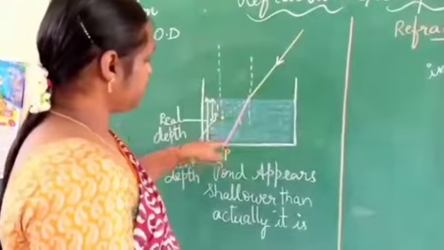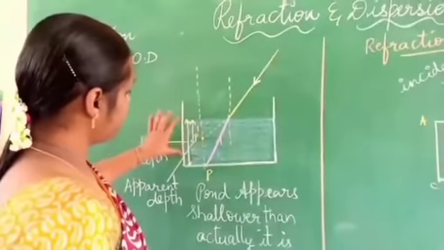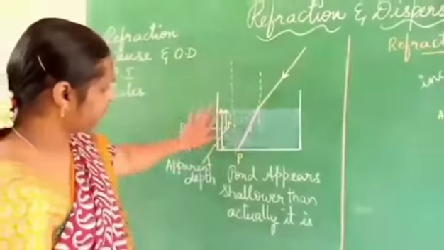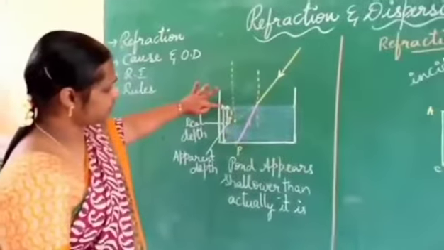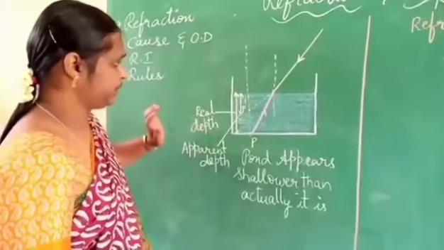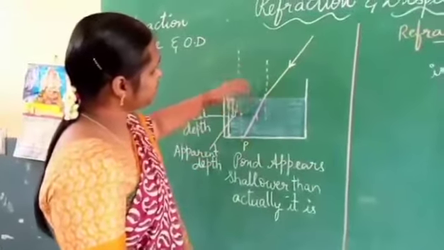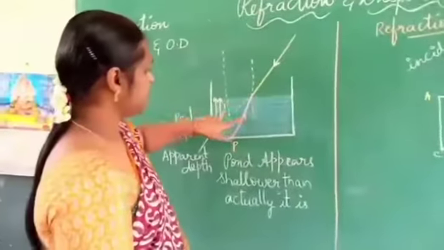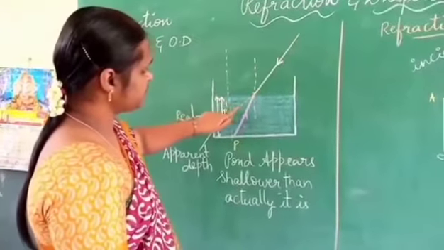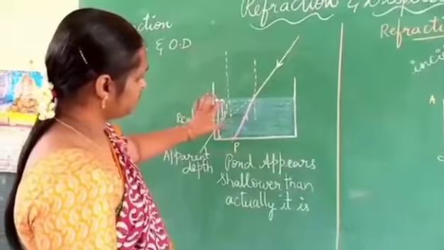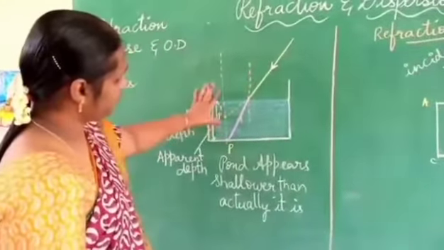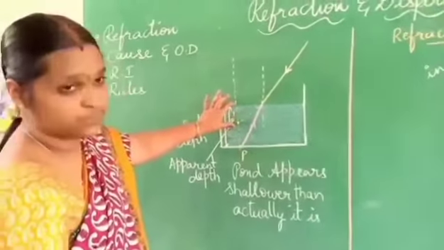Here this is the actual depth, where it is falling. You can see a big arrow that I have drawn here, from the surface of the pond till the bottom of the pond. The big arrow which is drawn is the real depth. But as we are moving from rarer to denser, it appears shallower, that is, bending of light is taking place. Actually this is the incident ray, but it is coming here. So this becomes the apparent depth. When we see from the top, the real depth is more, but we see it as very small.